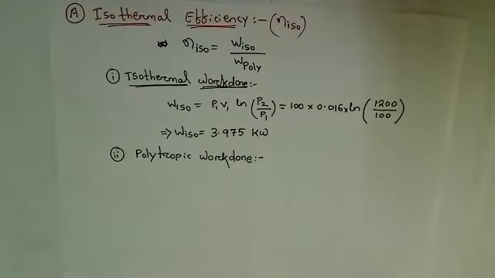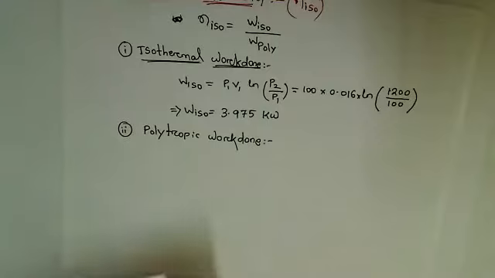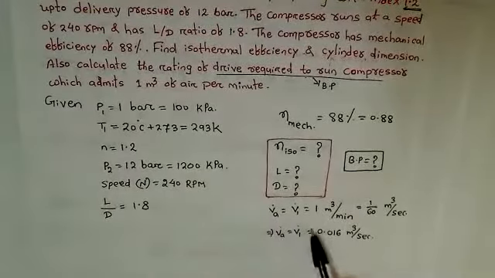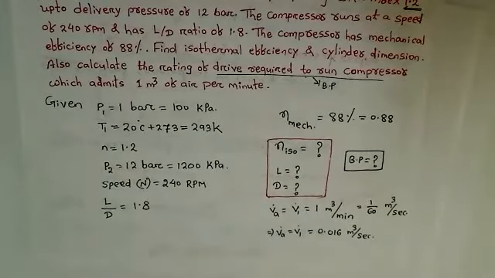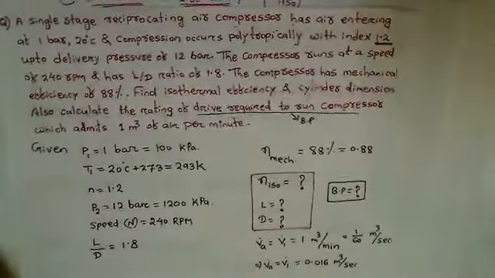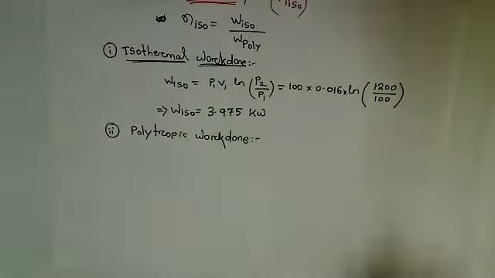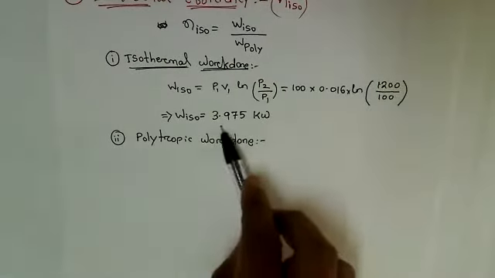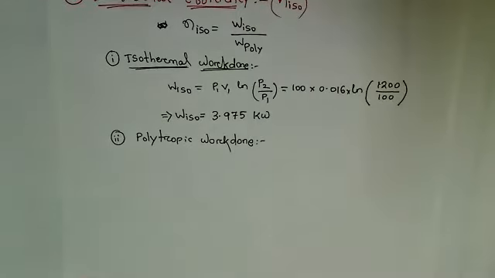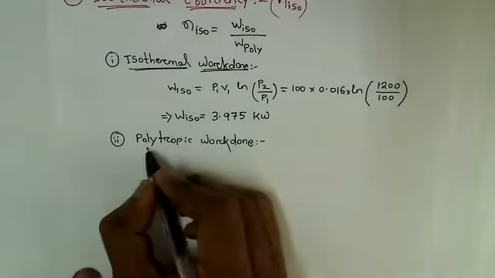We should take volume as 0.01667. Okay, so in that case we are getting 4.14. This volume you have taken as 0.01667. Okay, no problem. So 1 kilowatt up and down, there is no problem. The actual answer is 4.14 but here it is 3.975. With this one only we will proceed. But actually, Sudhir, your answer is correct. Anyway, we will proceed with this one also. There will be no problem.